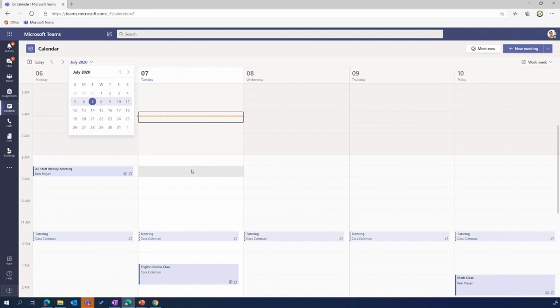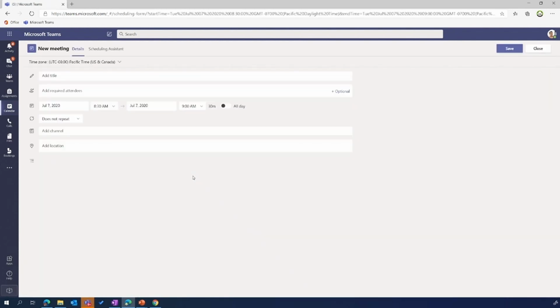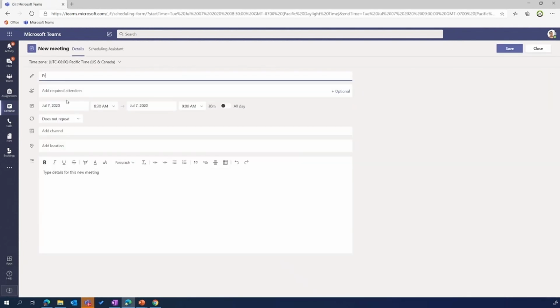Because it's Exchange Online, you don't have 2 different calendars. Anything that's appearing in Outlook will appear here and vice versa. This is the great part about Office 365 working together. So I'm going to set a project review meeting for 8:30 a.m. When I go down here and click on 8:30, we'll call this project review.